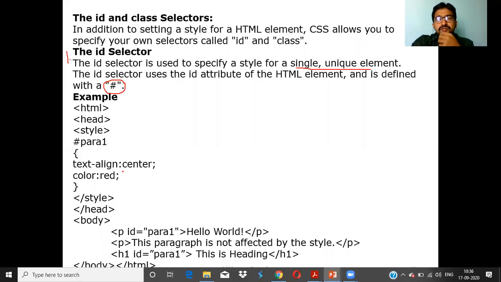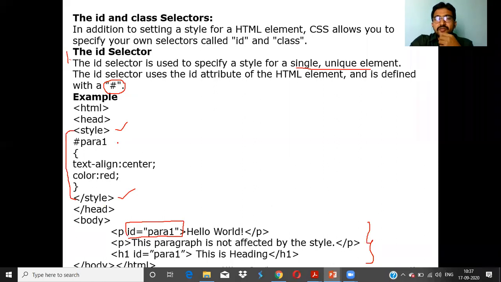In this example, if you closely observe, the body is started here. Now in this body, in one of the HTML elements, a paragraph, we are using id equal to para1. Before seeing how para1 is used, you need to know how to represent the styles. Styles can be represented between the opening tag and closing tag, like head starting and ending, body starting and ending, HTML starting and ending. This is the opening style and this is the closing style. In between these, we represent our styles.